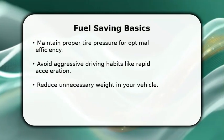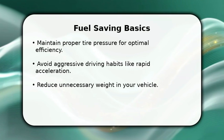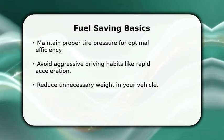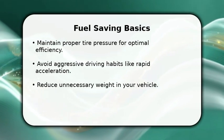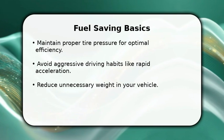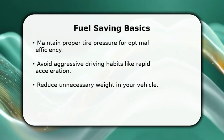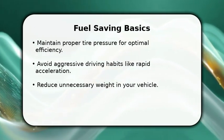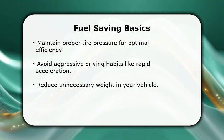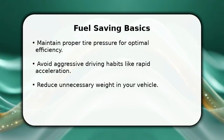In this video, I will explain how to save fuel on an automatic car. First, ensure your tires are properly inflated. Underinflated tires can decrease fuel economy by about 3%. Next, avoid sudden acceleration and hard braking, as these actions waste a lot of fuel. Finally, remove any unnecessary items from your trunk or back seat to lighten your vehicle's load, which also helps improve